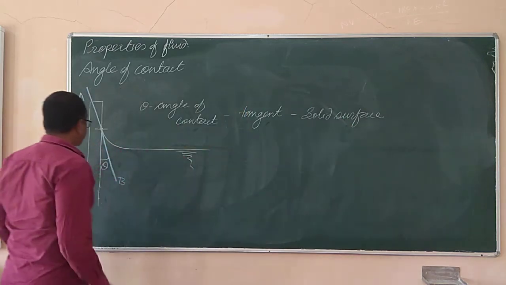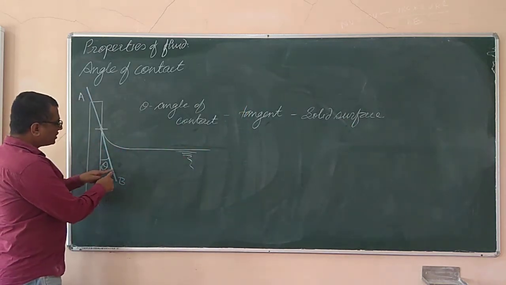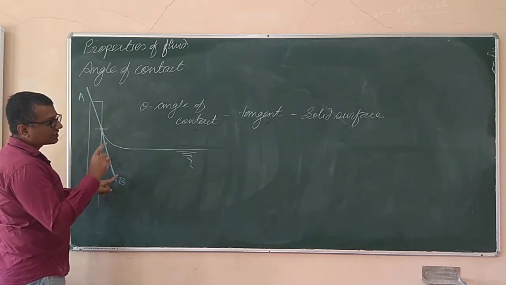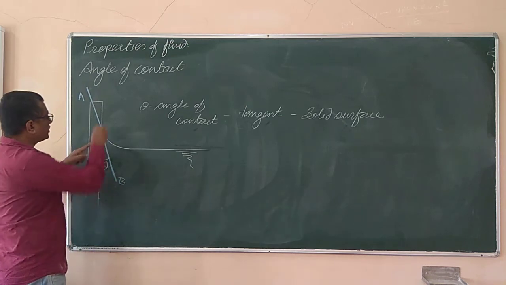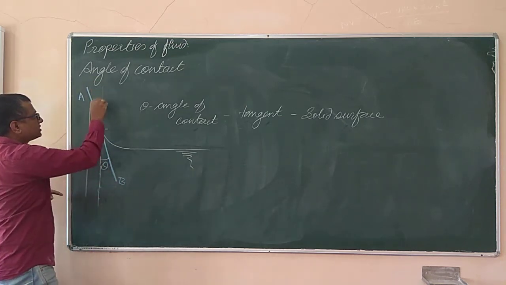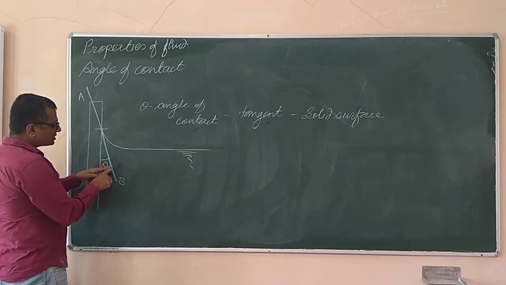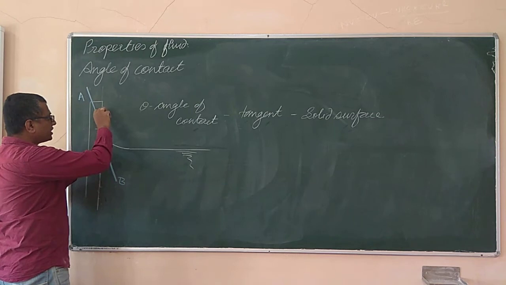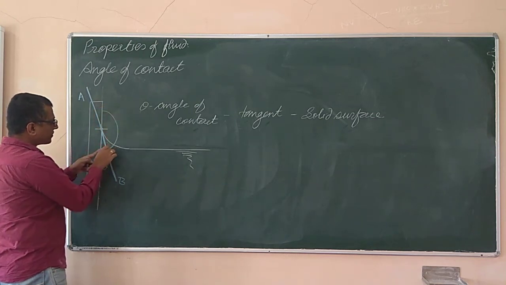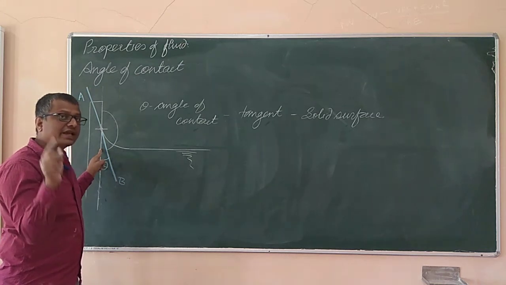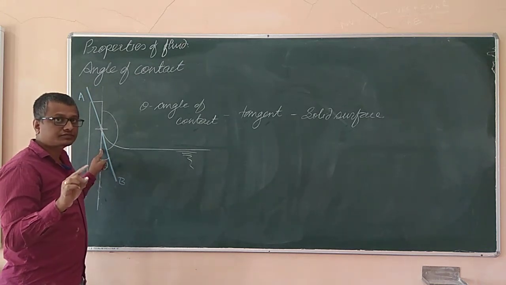But that angle, see, the tangent is over here, I have drawn it with the blue colored chalk. The second is the solid surface, which is over here. So the angle made by this tangent and the solid surface is over here as well as over here. This also can be the angle. But I have highlighted the last line as taken inside the liquid region.